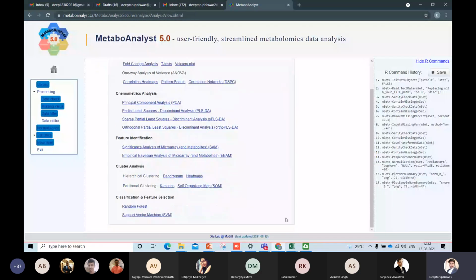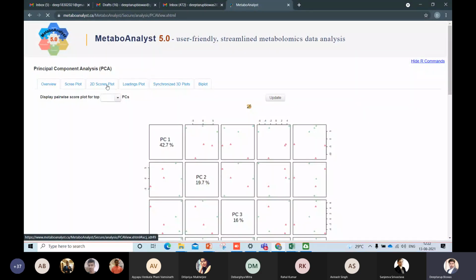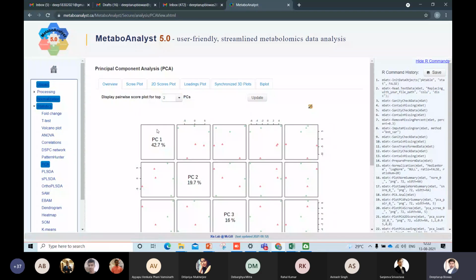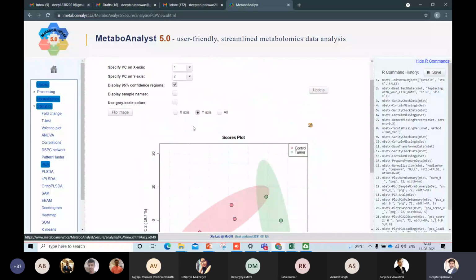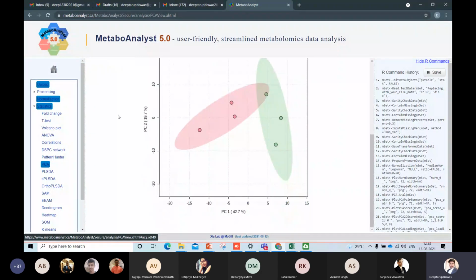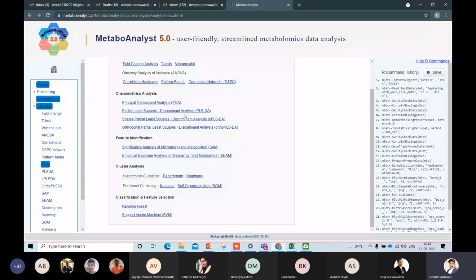Once this is done, we will go to the PCA and see how it looks. As you are aware, PCA is based on the variation of the data according to the classes, on the basis of the variation it assigns, because it's a clustering algorithm. As you can see, PC1 is 42% and PC2 is 19.7%. So the total variation in PC1 and PC2 is somewhere around 64%, more than 60%, right? So this is for one concept, and I think you guys are aware of this concept.